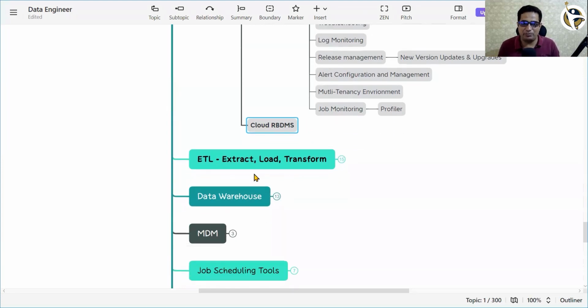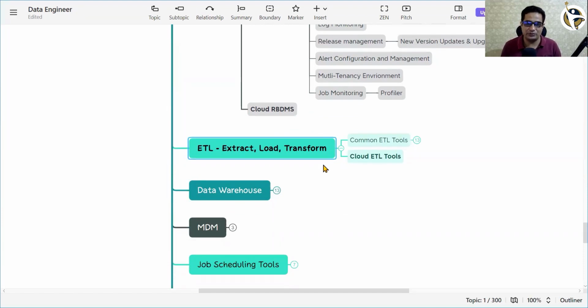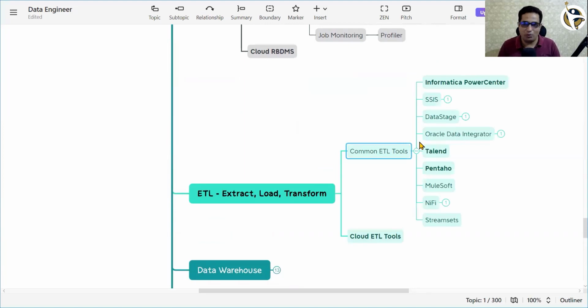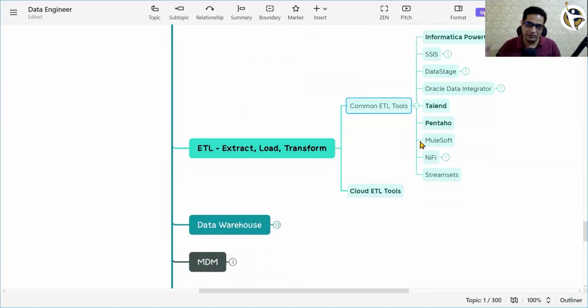Now coming to the next topic, which is about ETL or integration services. That is extract, load, and transformation. Again, a very popular activity when it comes to data massaging, where we have very good graphical tools, and using those tools we can really massage our data. That's where Informatica PowerCenter plays a very vital role. A very old and powerful tool, being used by many